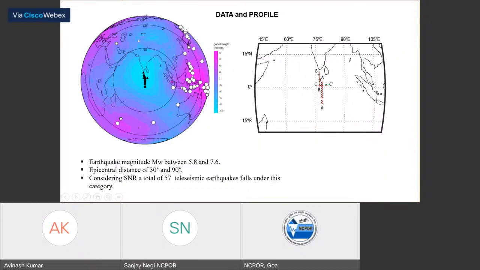So we considered these earthquakes to sample the 410 and 660 kilometer boundaries, representing the transition zone boundaries. Along this, we took three profiles. One is the AA- section and the BB- section. Important here are the AA- and BB- sections, which sample the north-south profile of the Indian Ocean geoid low